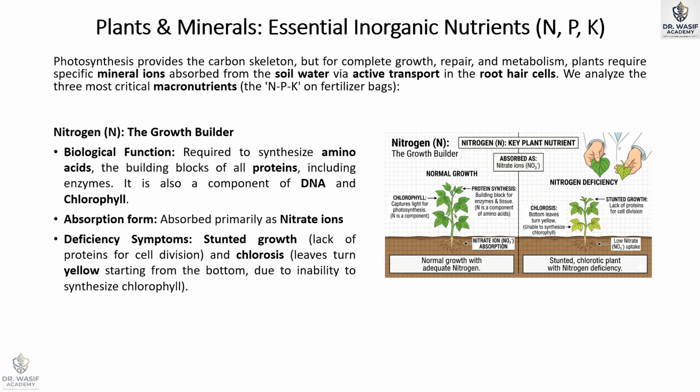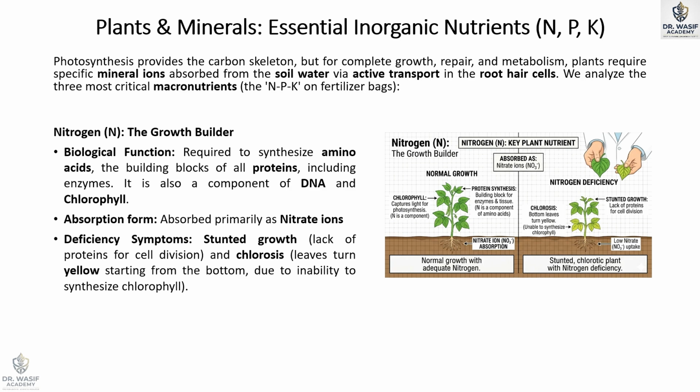But what happens if the soil is poor? We see two very clear deficiency symptoms. Number one is stunted growth. Without nitrogen, the plant cannot make the proteins required for cell division. It simply stops growing. And the second deficiency